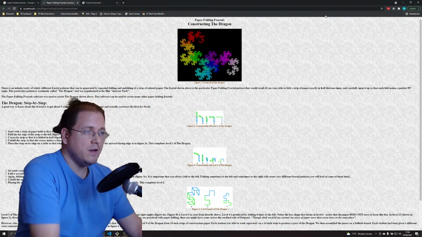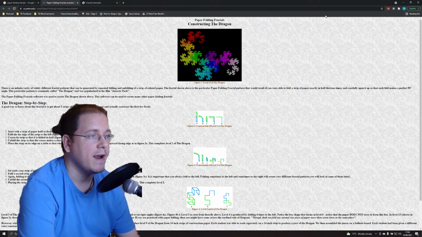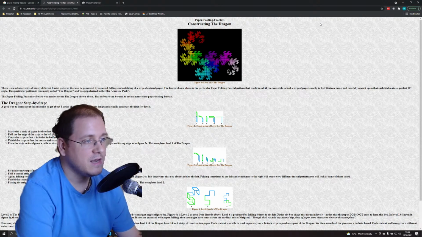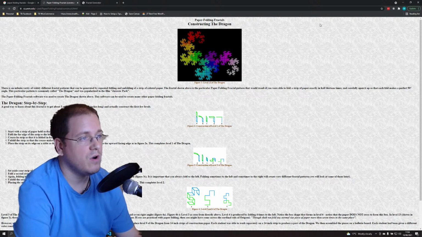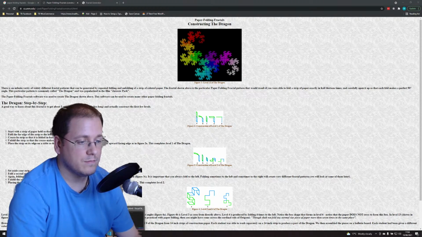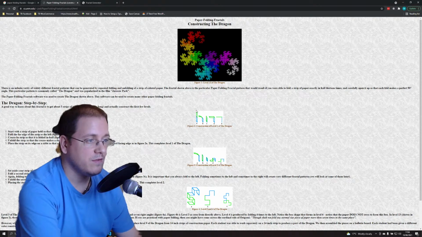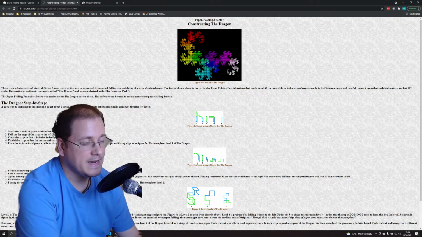So today I thought it would be cool to look at fractals. There's a very simple fractal pattern called the paper folding fractal, and as the name implies, it comes from the concept of folding paper. If you fold a piece of paper in half and then unfold it to a 90-degree angle, you get one iteration. If you do it multiple times,